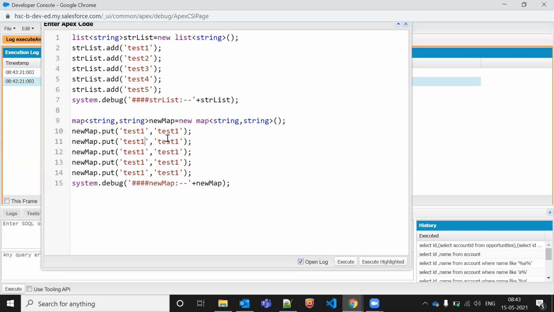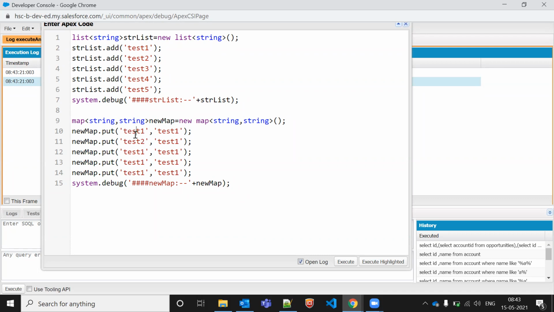So let's make it unique, but let's make it duplicate. Means key. This is key, this is value. If I write the same key, it works as a set. Set means it is allowing unique values only, because you know we are adding 5 lines, 1 2 3 4 5, test one. It doesn't matter, this is a set, this is a list.